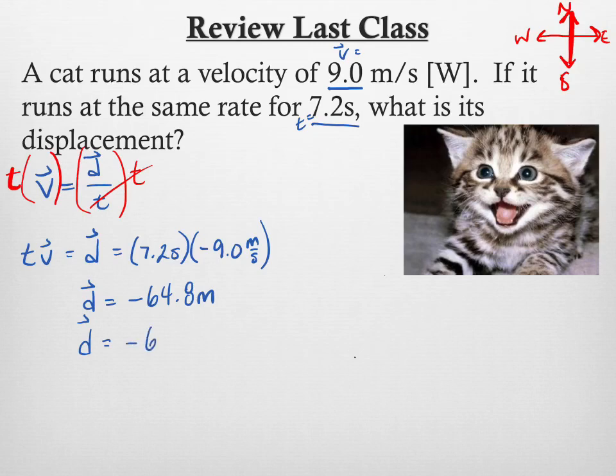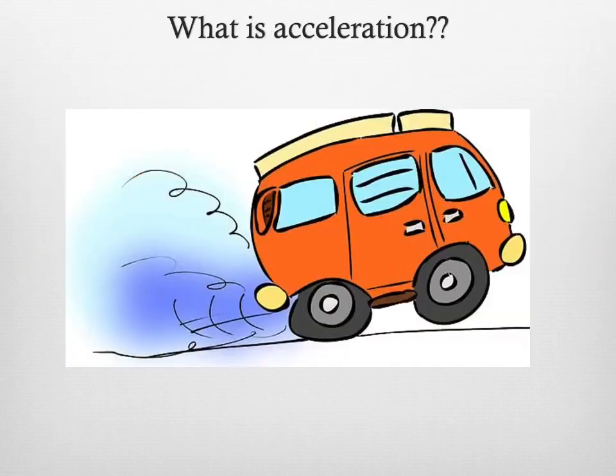I'm going to keep that negative there. Of course, we already had the units. That's good. And so finally, we just need direction. Well, since it's negative, that means it's going west. Okay? And that makes sense, right? If you're moving west, then your displacement's obviously going to be west. Okay? And direction is just going to become even more important today when we go over